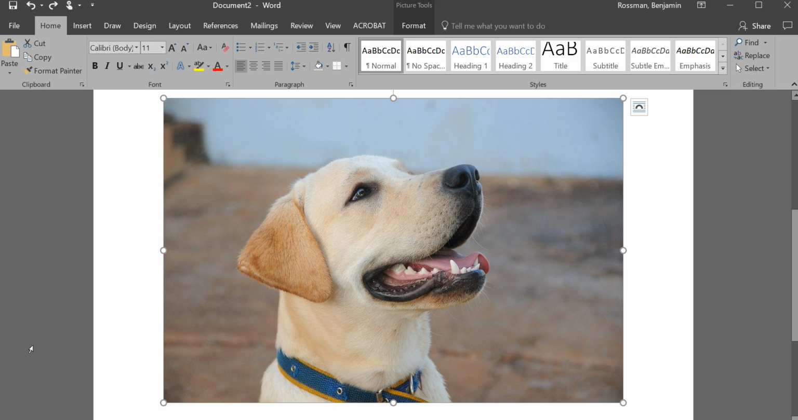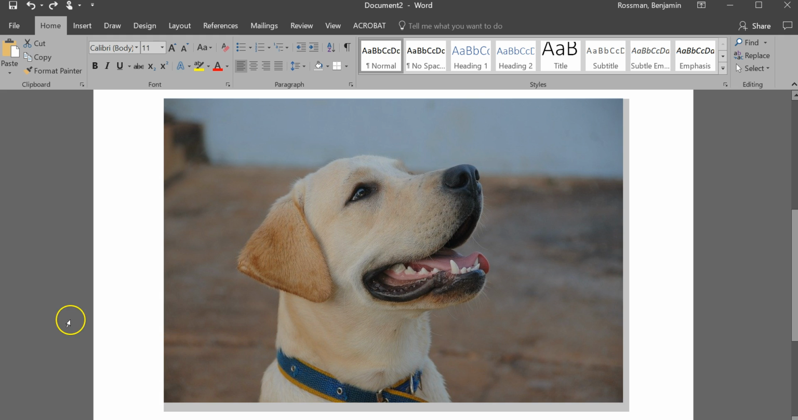Microsoft Word features a background removal tool that makes it pretty easy to remove the background from most images, as long as they have a clear distinction between the subject of the photo or the image and the background that's behind it. So to do this, I'm going to quickly show you using an example of a dog here with a blurred background. So I just pasted the image into Google here, and to use the background removal feature you